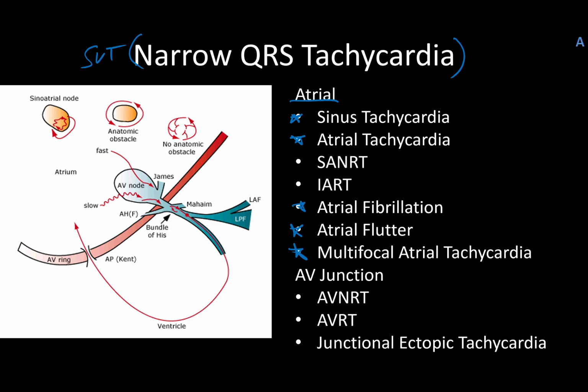What's really fun is this also includes reentrant rhythms, and a reentrant rhythm or circuit can lead to SVT by creating a looping pattern, essentially is what happens. And you have a couple different types. So you have SA node reentrant tachycardia, or you have intraatrial